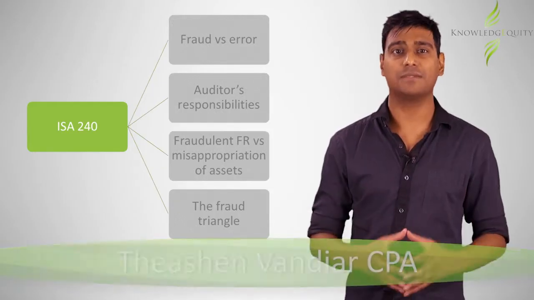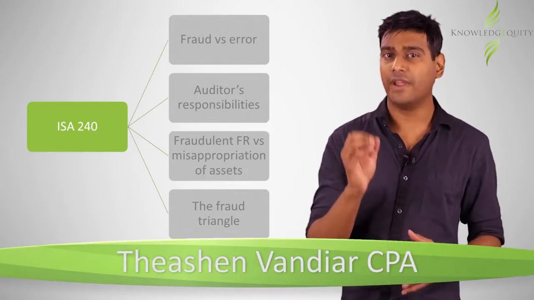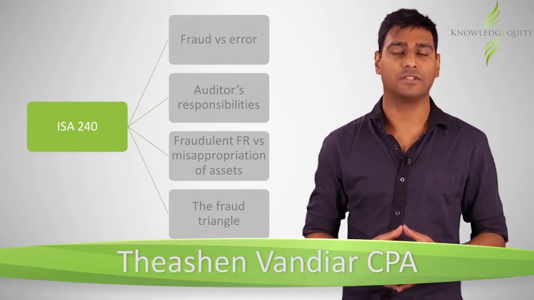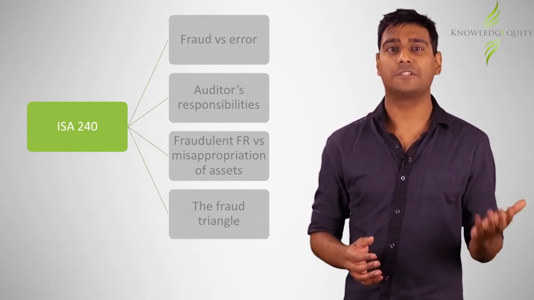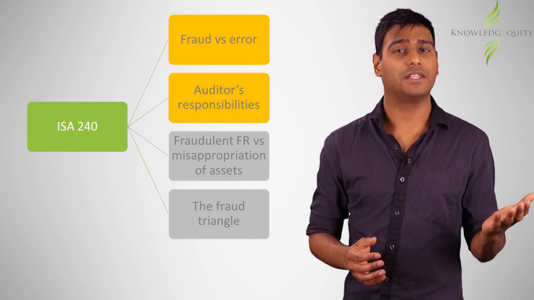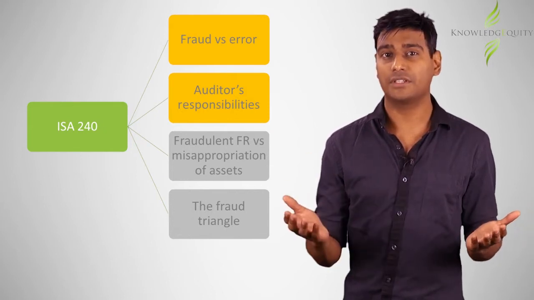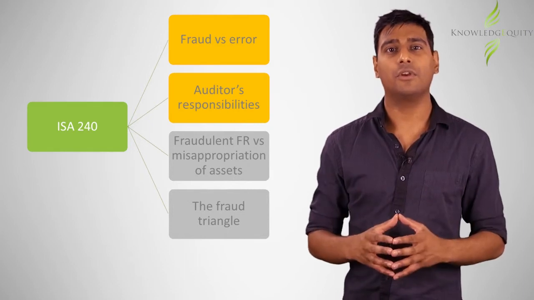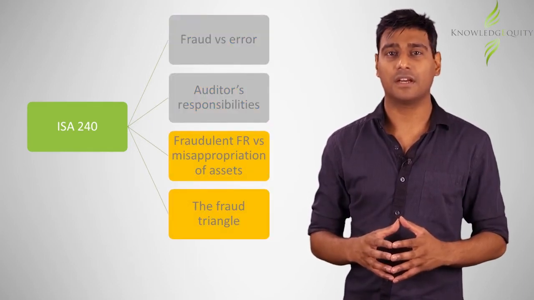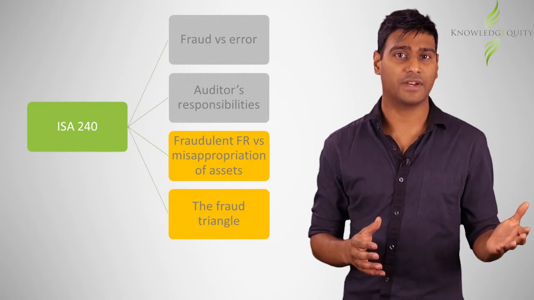There are 4 key principles or topics that you need to be very familiar with in regards to ISA240. In ISA240 Part 1, we looked at the difference between fraud and error, including the definition of fraud and the auditor's responsibilities in relation to fraud. In this clip, we will look at the last 2 key areas, starting with the difference between fraudulent financial reporting